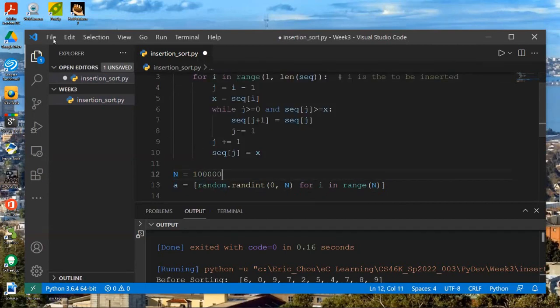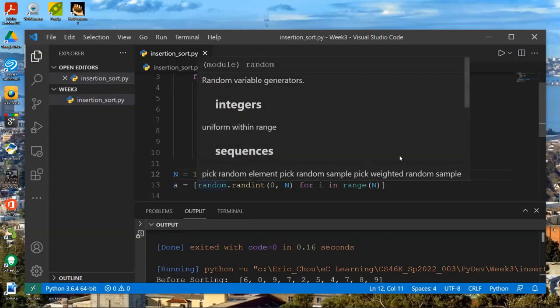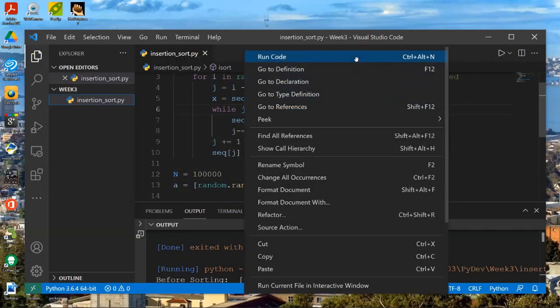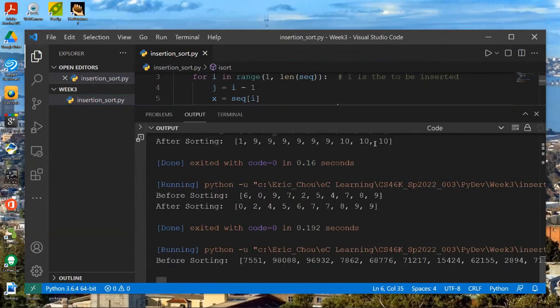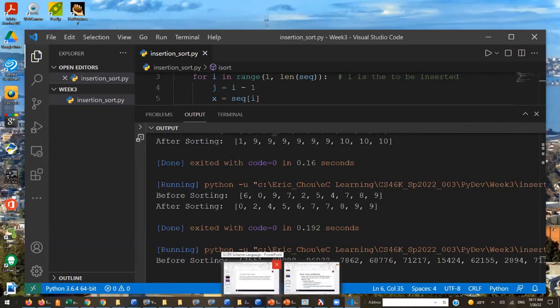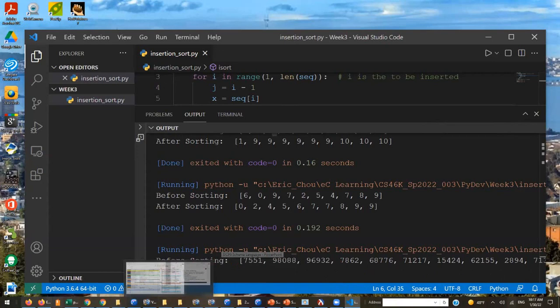10,000 samples, 100,000 samples. It will take a while, and that's what we want to do. Wait, let me see.